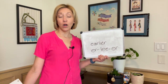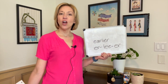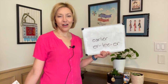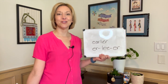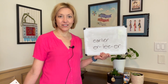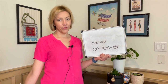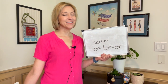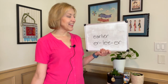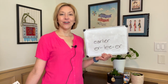pointed down or flipped back, back of the tongue is high up. Make that sound long and strong is what I tell my one-on-one students. Then move to that li, touch the tip of the tongue to the spot where the teeth meet the skin on the roof of the mouth. Ooh, and then smile, high flat tongue for that E, and then end with that earlier,